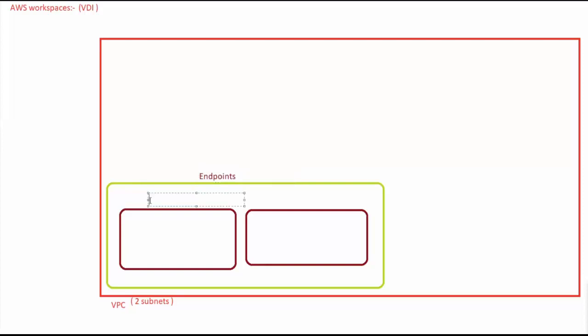Here, one I'm going to have is the authentication gateway, and the other one will be your streaming gateway. So two things will be there: the authentication gateway and the streaming gateway. Your authentication gateway will come into the picture when users log in, or when users want to access their VDI environment. They will be providing their identity, which can be a username and password, and those will be sent to your authentication gateway.